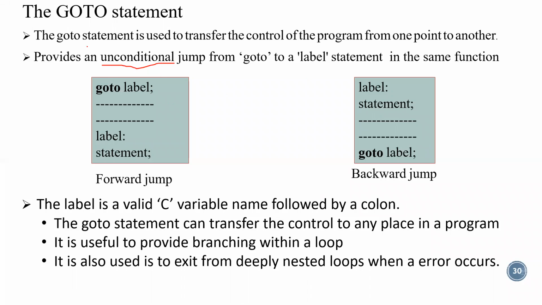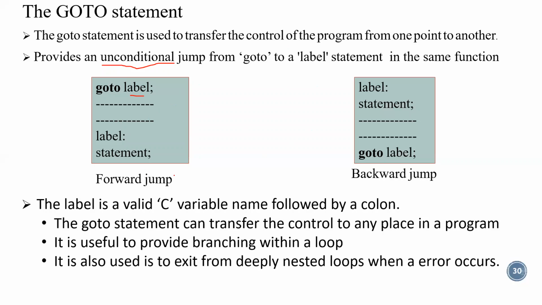Among all the other statements, only this go to label will be performing an unconditional jump. It is not checking any condition. We are not using any relational operator or a relational expression to check a particular condition. We are just labeling it, and then the program control will be jumping from this point to the labeled statement. So it may skip a few lines in between. We will see some examples for that.